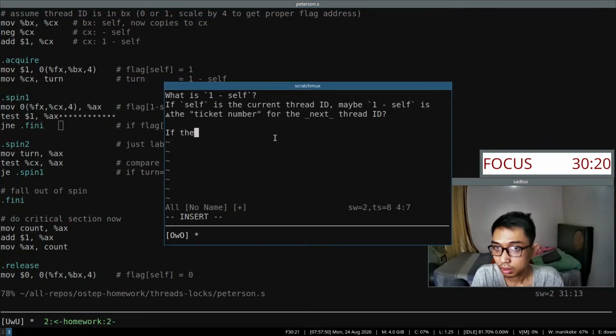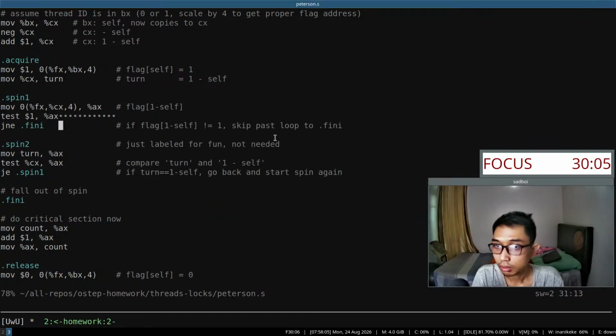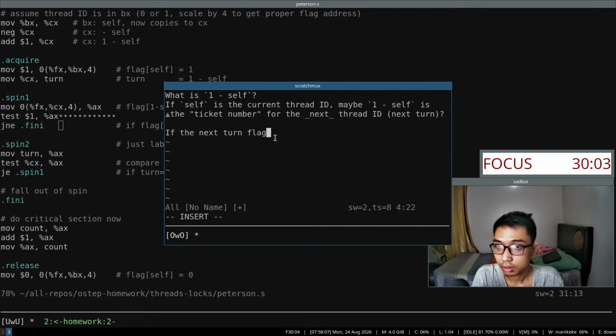If the next turn, maybe something like that, next turn, if the next turn flag is not 1,